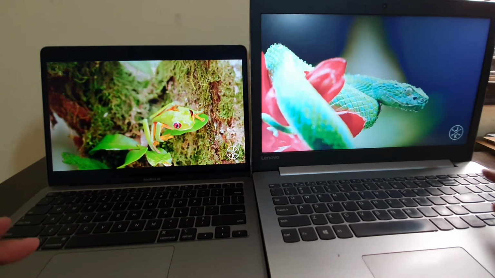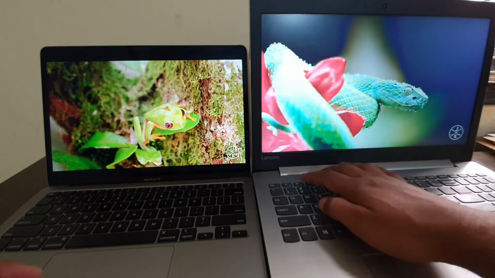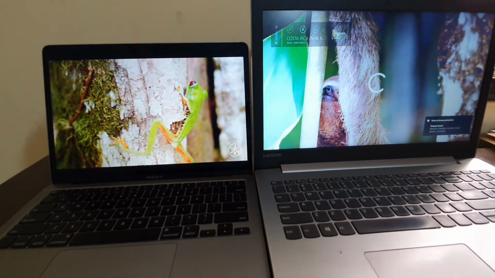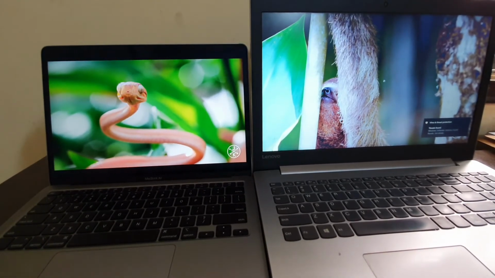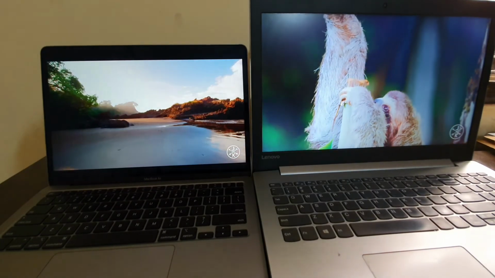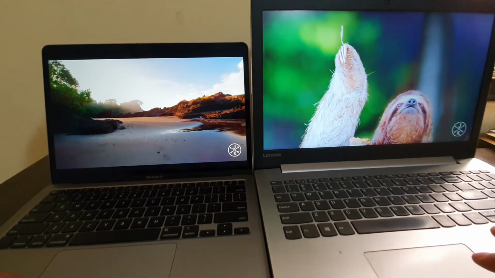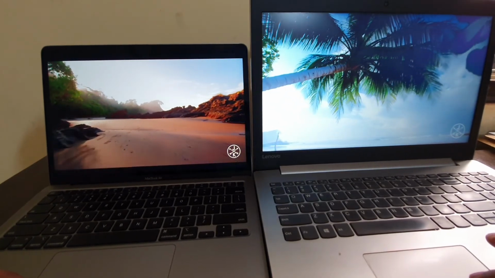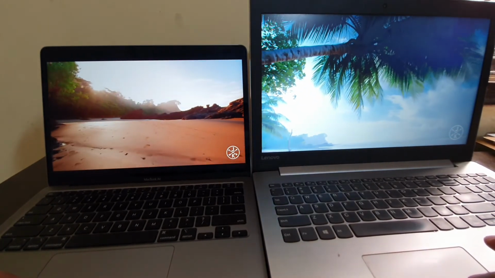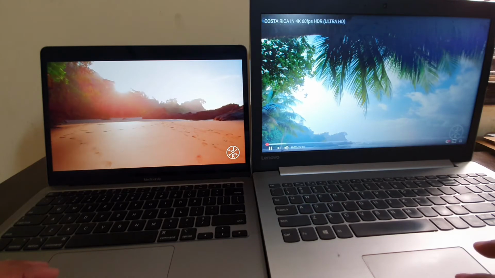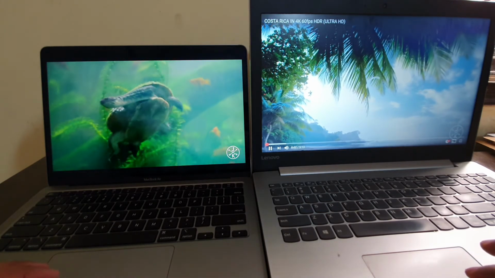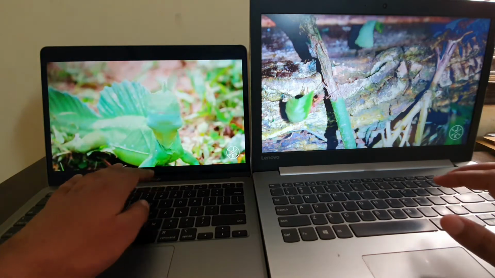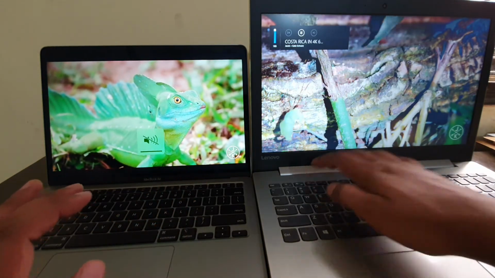I will mute this one for a moment. See the volume of that. Both are now playing on the same resolution. And now I will mute this one and unmute this one.